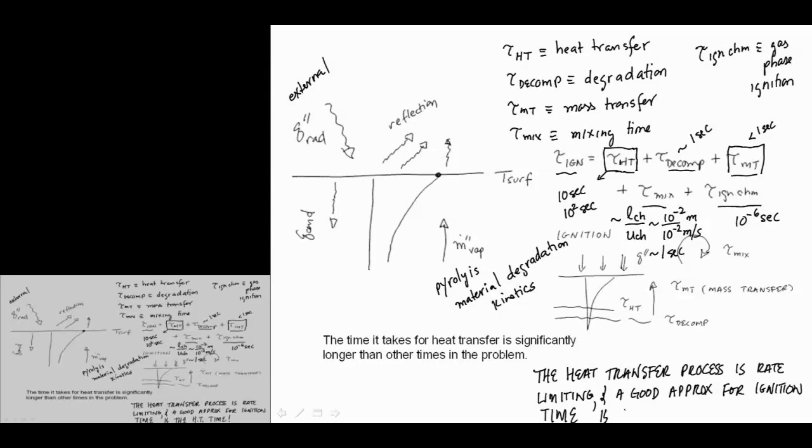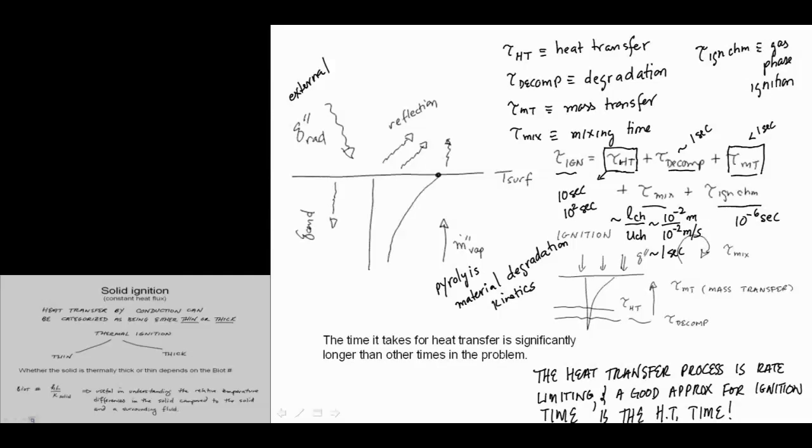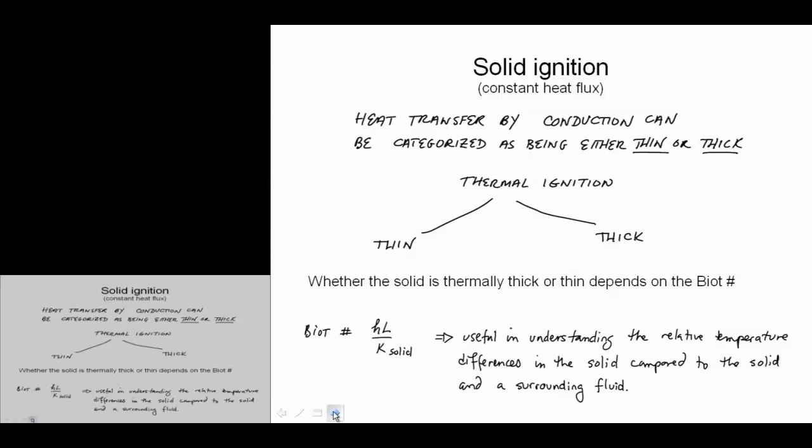Okay, so scaling again tells us approximately how long some of these other factors are and tells us that it is heat transfer itself that controls it. Now, fortunately, this is a really easy heat transfer problem because all it is is conduction. We're only looking at the heat transfer within the sample. We're not interested, or we can couple it to the external, whether it's radiation, convection, or a combination of radiation and convection. And typically the way we think about it in fire is we categorize this ignition process as being